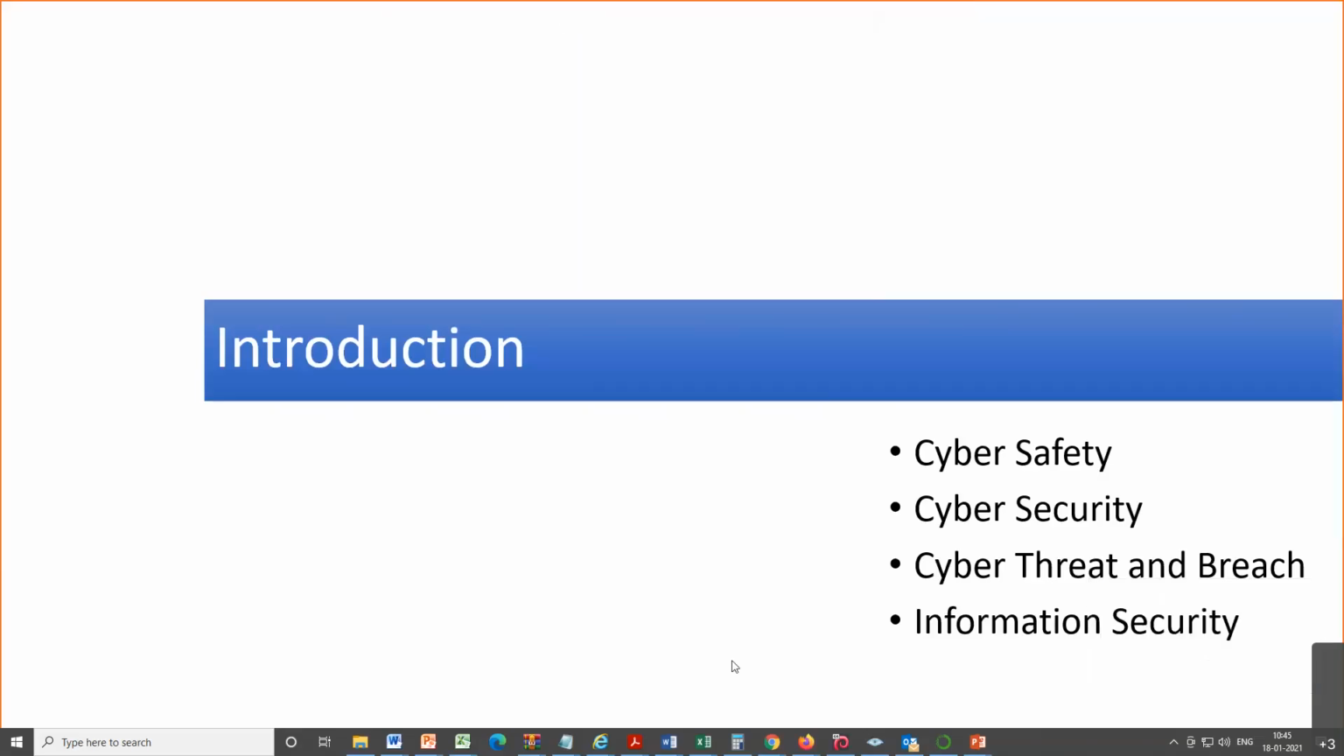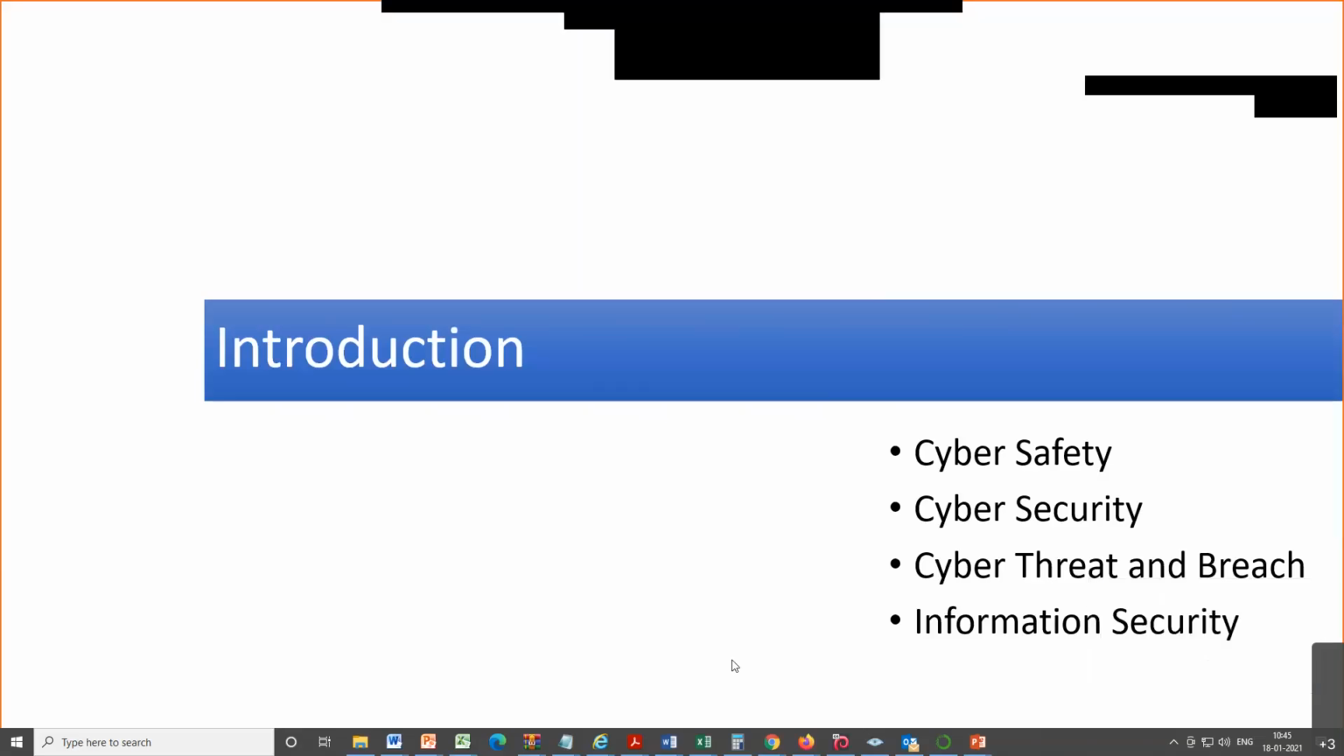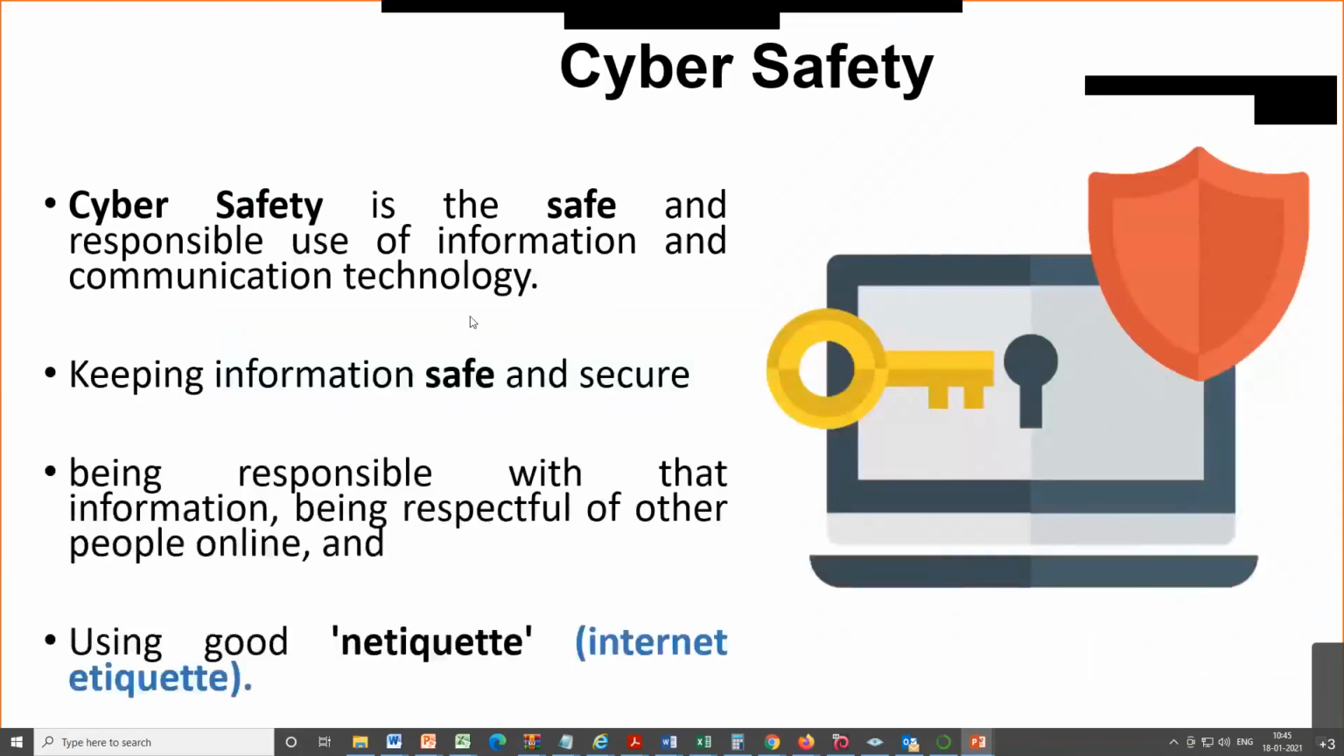Security, cyber safety. What is the difference between these two terms? Cyber safety is the safe and responsible use of information and communication technology. Basically, cyber safety is where we use it,